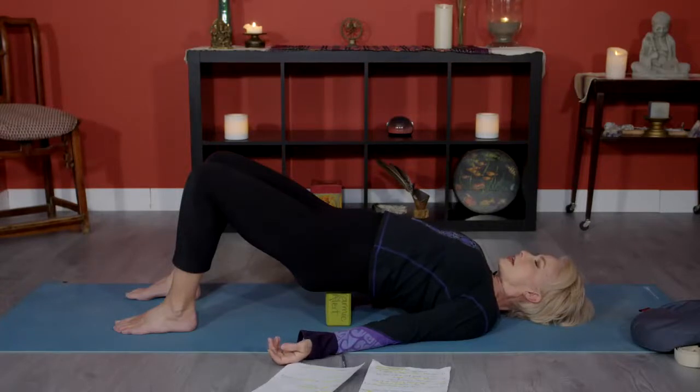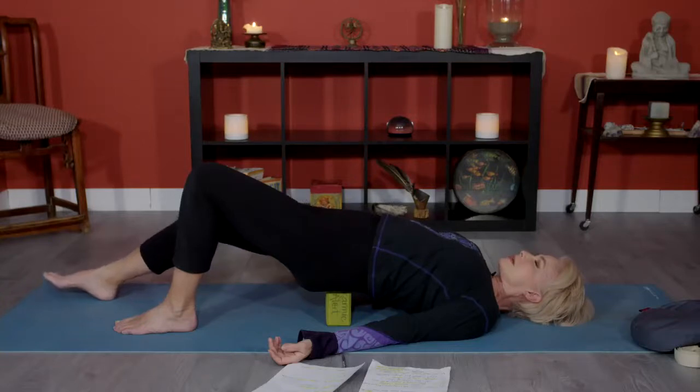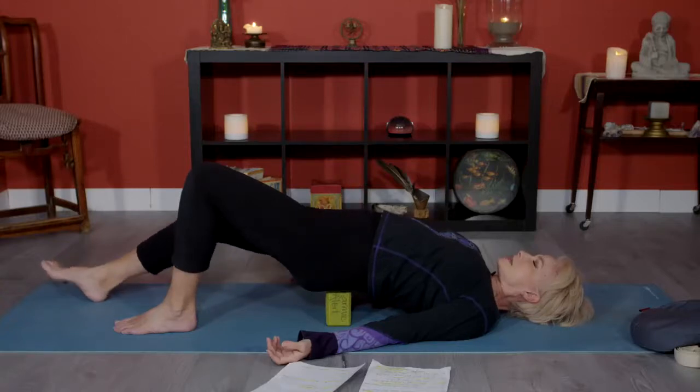All right, now the next modification we're going to make, but I want you to check in. Are you able to straighten your right leg out in front without your lower back moving? Straightening your right leg, keeping your lower back down, so it shouldn't be arching up anymore. This is stretching the hip flexors. We use these when we sit down, stand up, climb stairs, walking. So your hip flexors in the front of your thigh, and then bring the leg back,